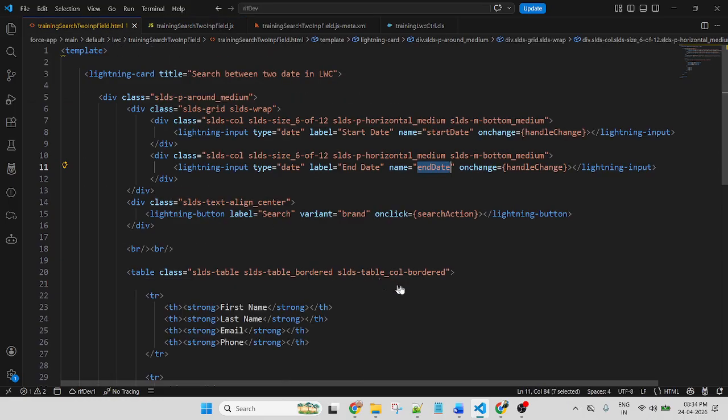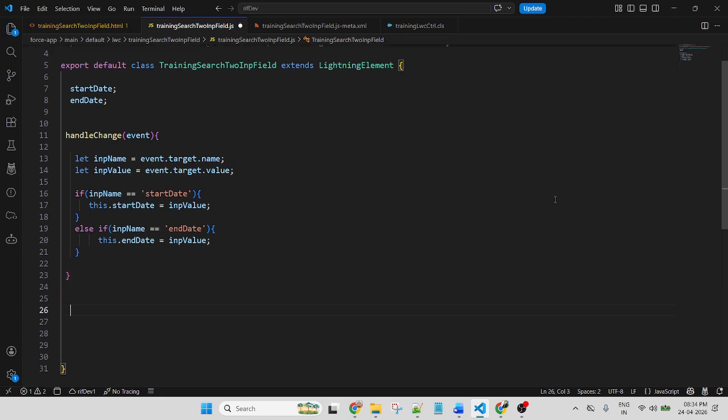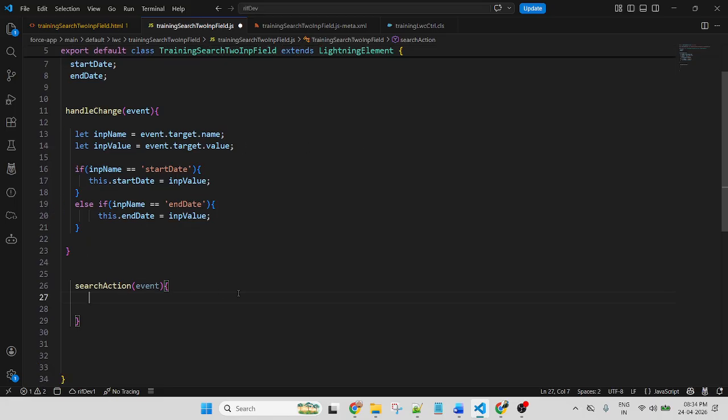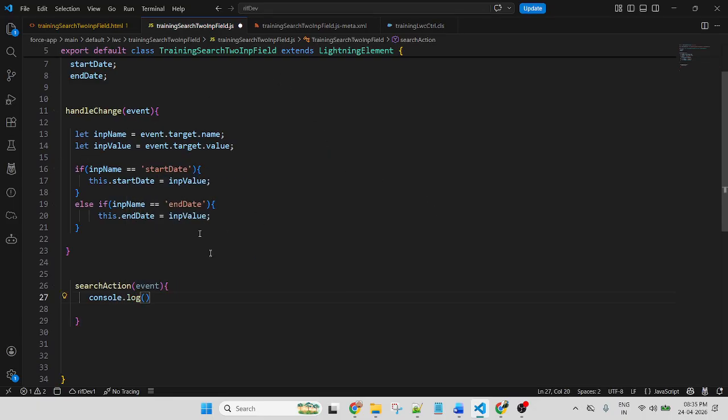Now let me create a search function. This one, search action. This is the handle change. This handle change closes here. Search action, event. And here we can check the data with console.log. What is it returning?